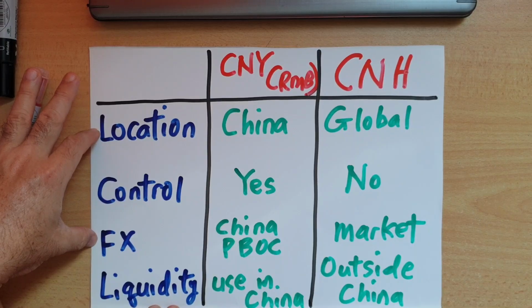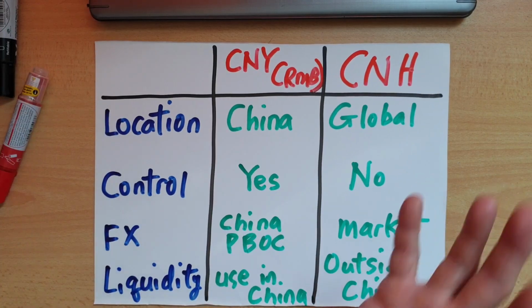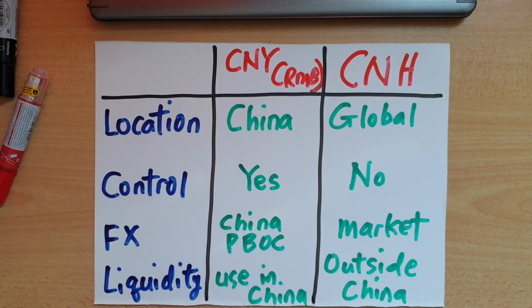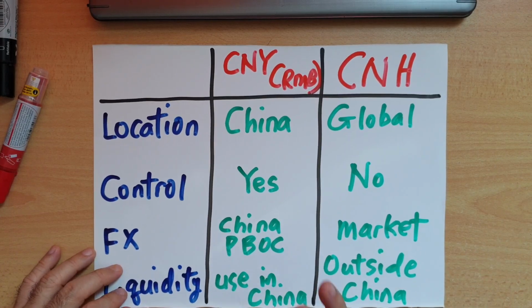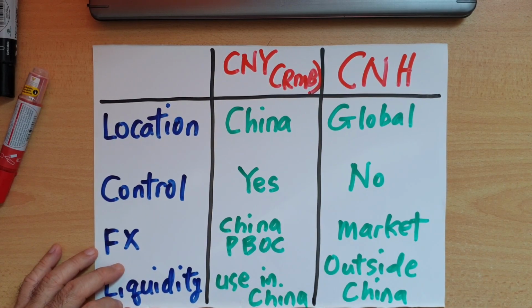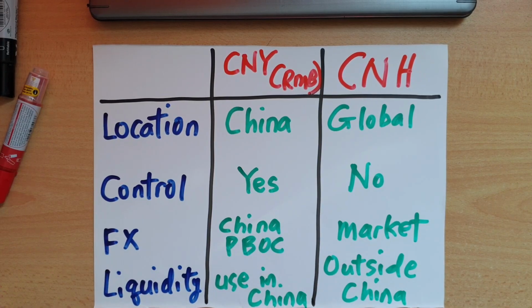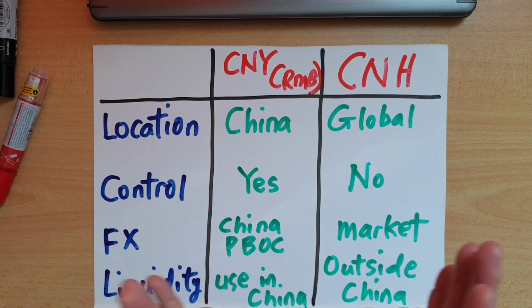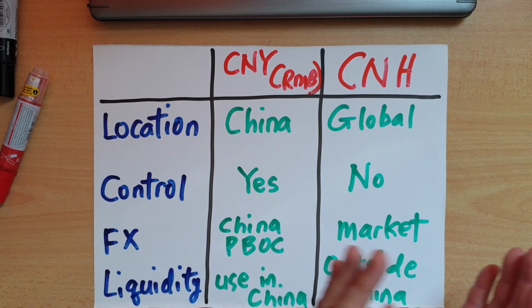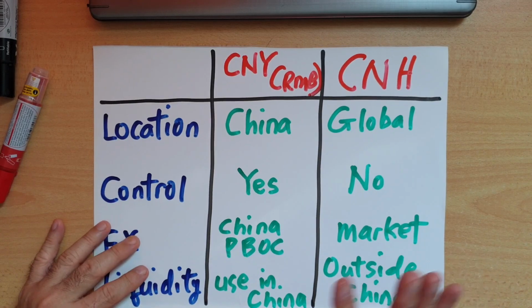How about liquidity? Liquidity, again, all the usage of CNY and renminbi are used in China, but CNH are only used solely outside of China. There's no way they can backflow unless for legal method approved by PBOC or SAFE. These are two central bank related entity. And again, the procedure of sending money back to China and sending money out of China is another topic.